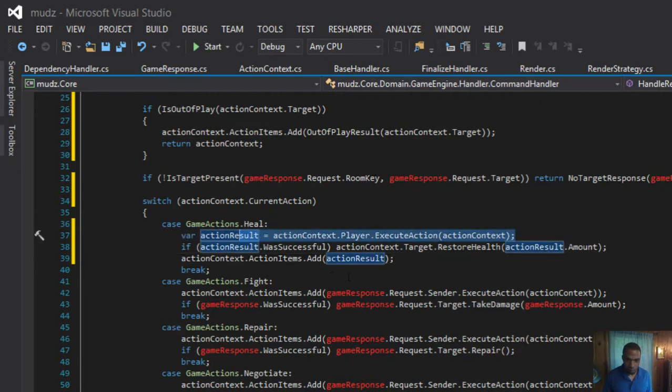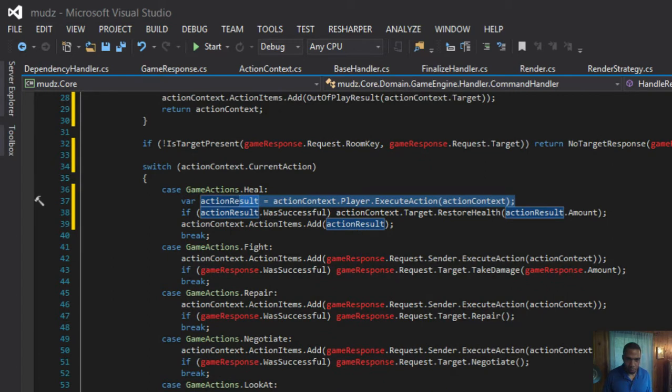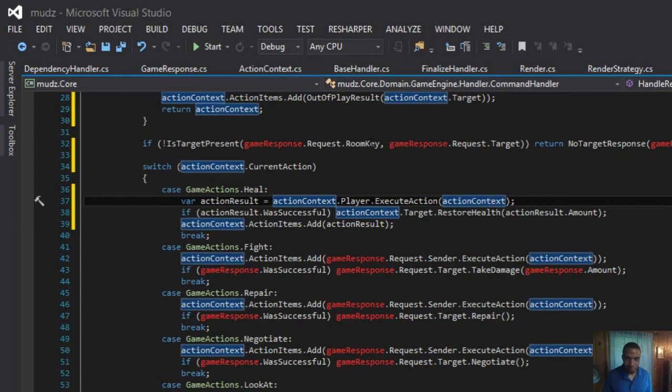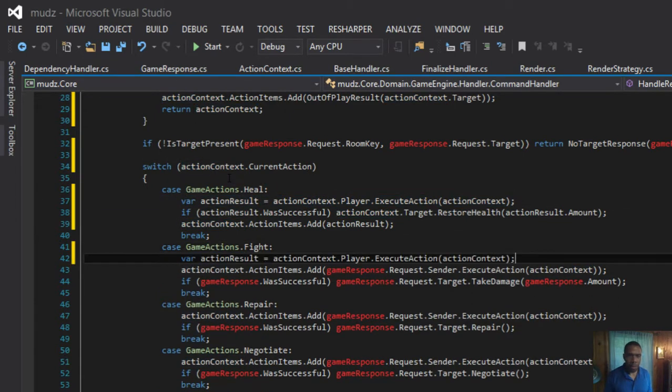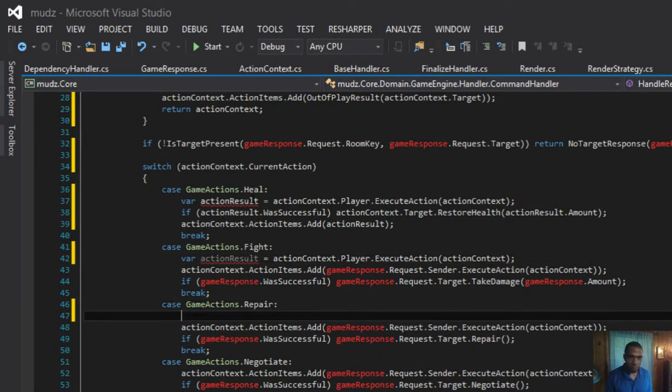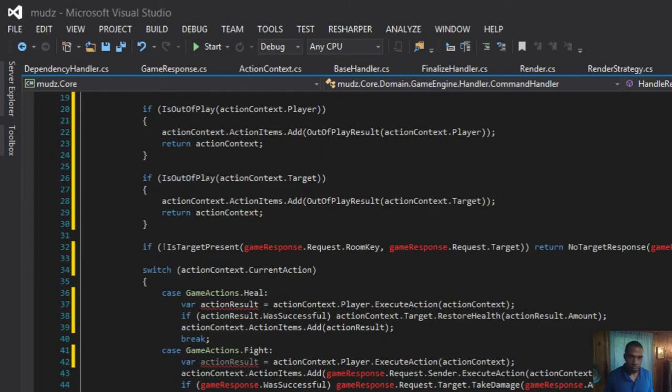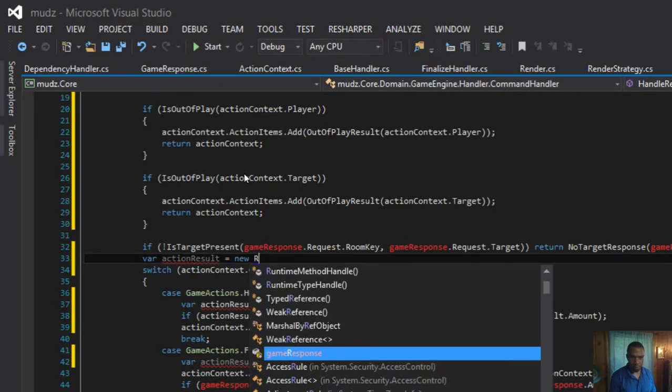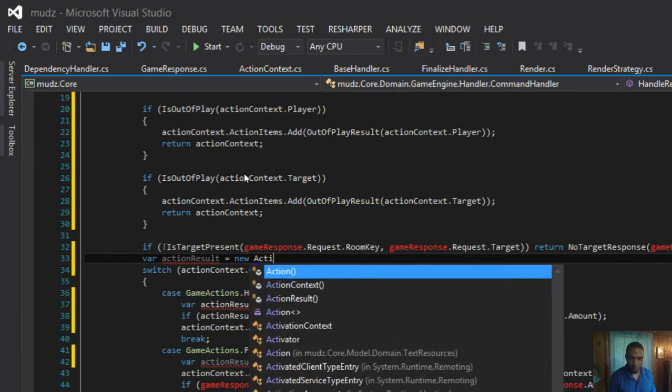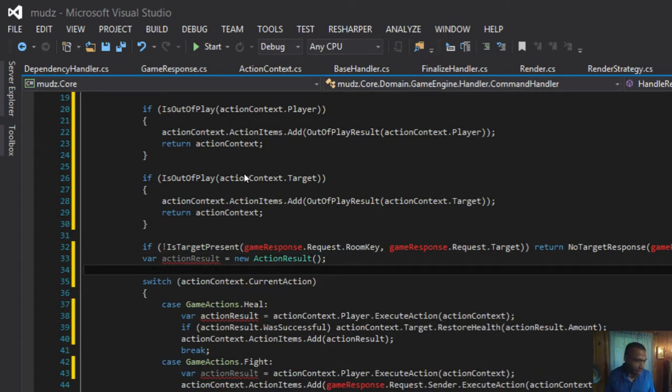So we see here that for these three, we're executing the action. I was keeping that in mind, putting that in the back of my brain. This is going to help me think about how this will eventually be a nice, prettier piece of code.